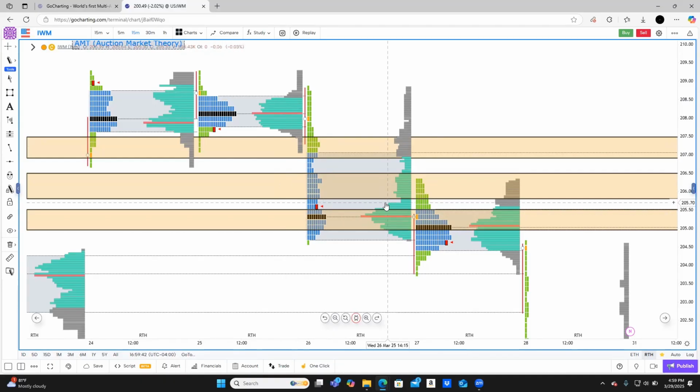You don't place any orders in the middle of these because that's no fair value. Market is going to go through it, whether to the upside or downside. Like market buyers or market sellers, aggressive market buyers or aggressive market sellers are going to continue that aggression until they find another fair value area. So how did they play it? So for Wednesday or Thursday the 27th, how did the market play it?